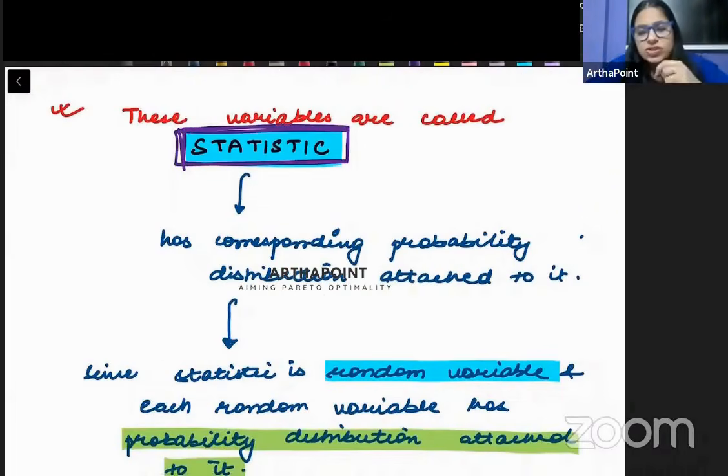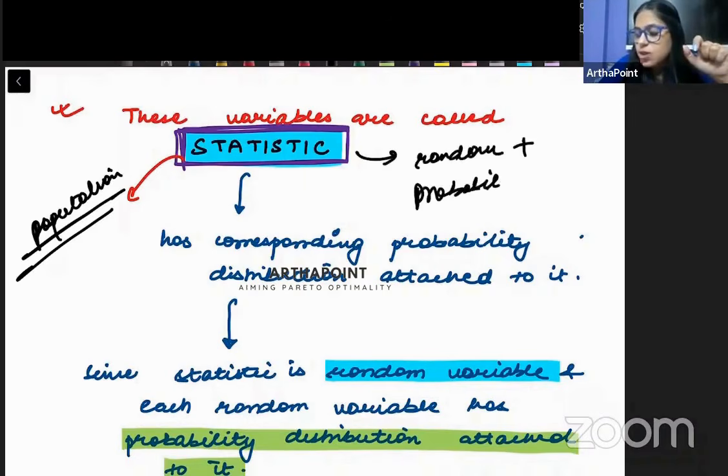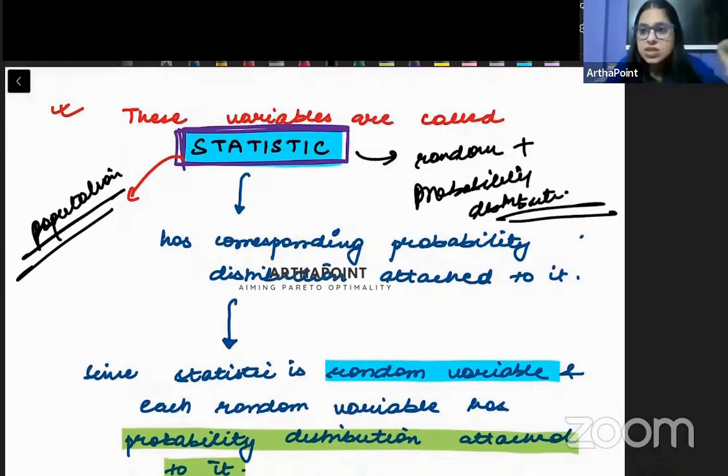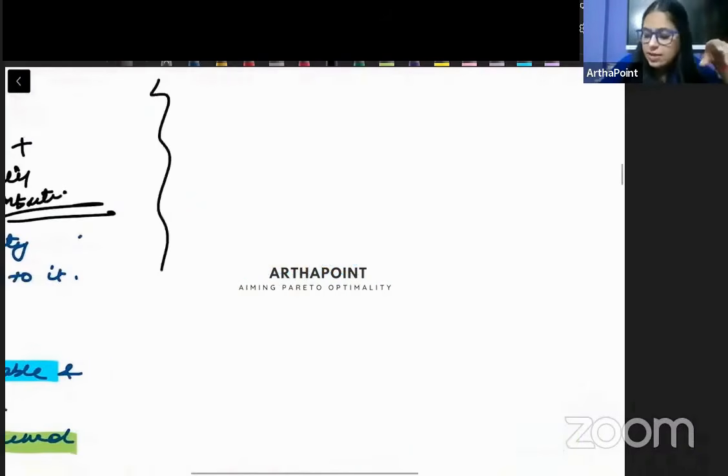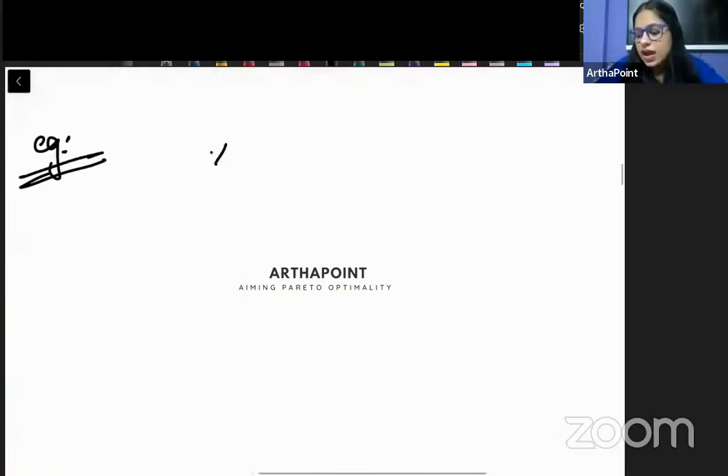अब बेटा, these variables are called statistics. स्टैटिस्टिक्स क्या होता है? या एक्चुअली नॉट स्टैटिस्टिक्स, स्टैटिस्टिक बिना एस के, स्टैटिस्टिक. सो स्टैटिस्टिक बेसिकली कोई भी ऐसी चीज है जो हमें पॉपुलेशन के बारे में कोई भी इंफॉर्मेशन दे रही है. It is giving us information about the population और अपने आप में वो रैंडम इन नेचर है. और क्योंकि कोई भी चीज जो रैंडम है उसका प्रोबेबिलिटी डिस्ट्रीब्यूशन होगा, तो स्टैटिस्टिक का भी एक प्रोबेबिलिटी डिस्ट्रीब्यूशन अटैच्ड होगा.